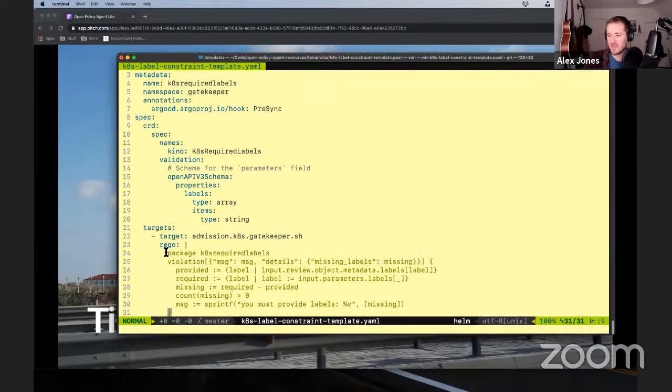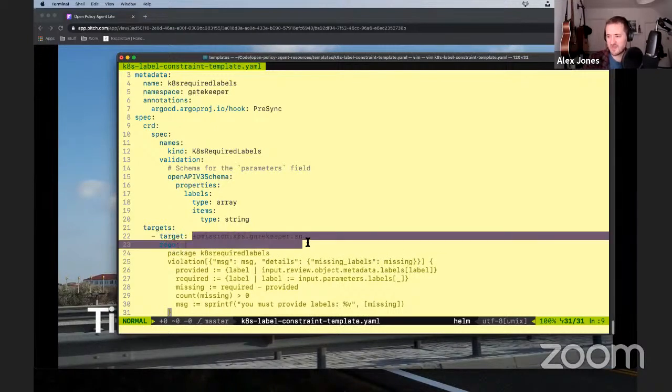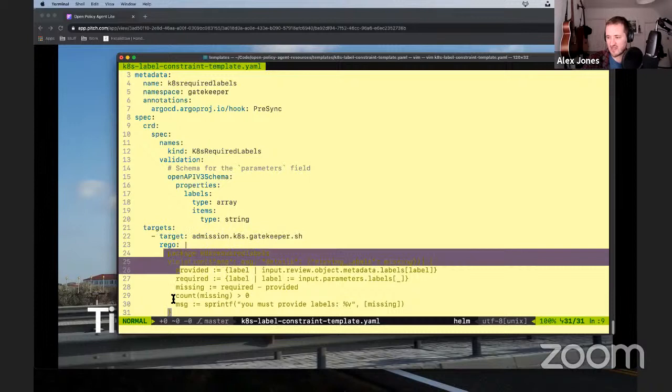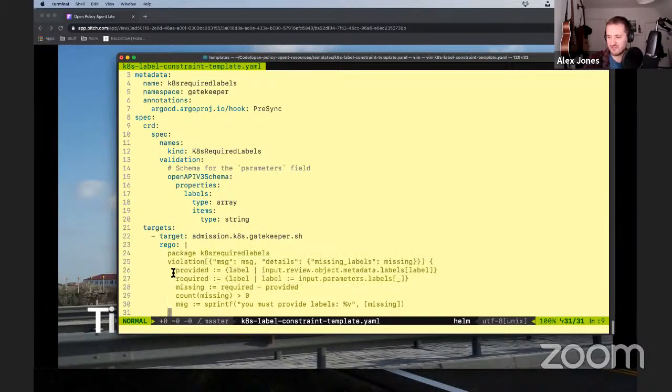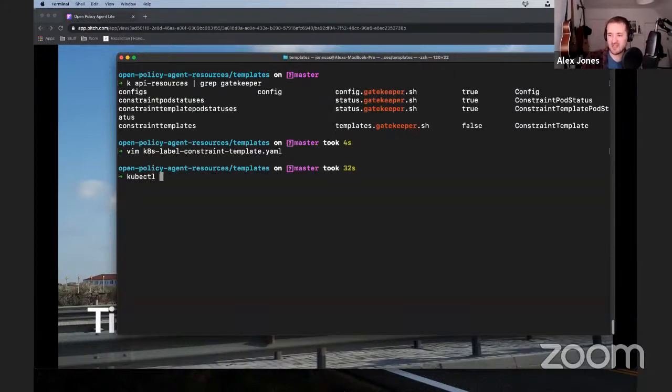So as you can see here, the Rego actually targets the package, and then it has an implementation of the policy. So this is the violation, a bit like I was showing in the first slide, and you can create this as something that is callable as a template. So that sounds a little vague. What I mean by that is I can create this K8s constraint label constraint template,